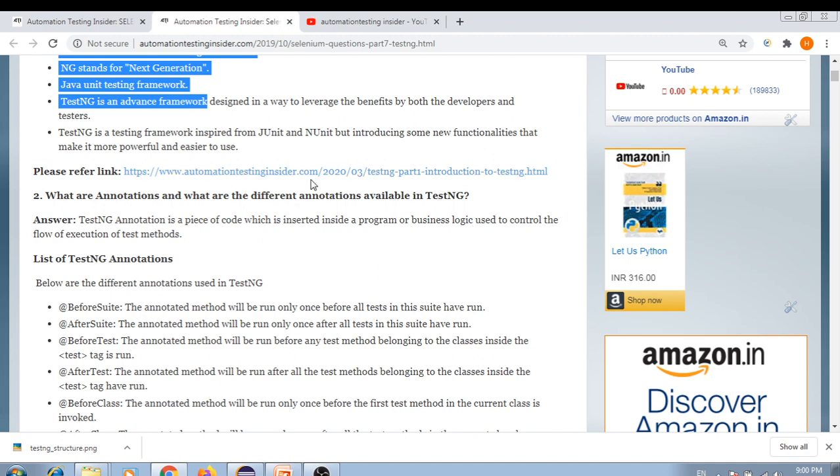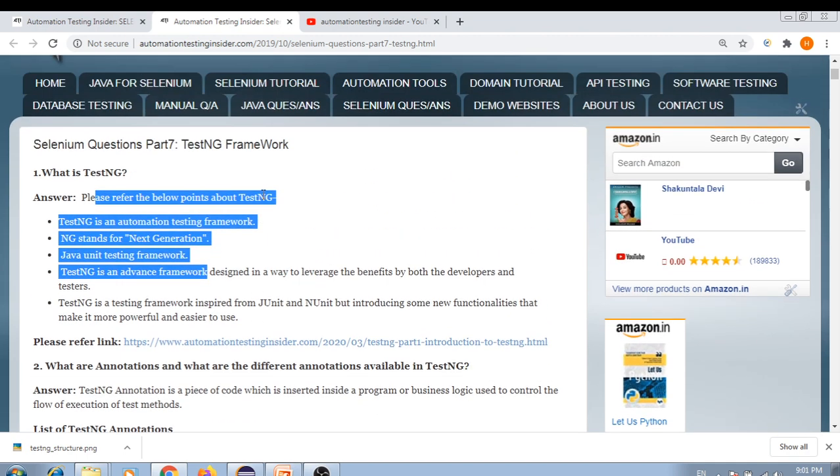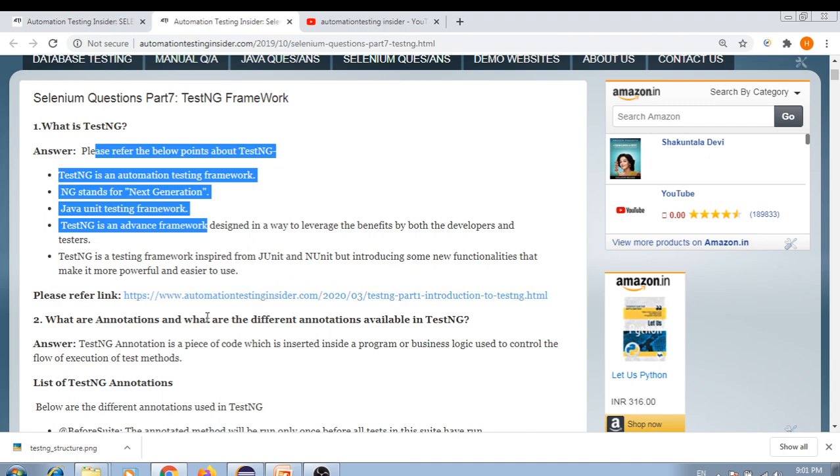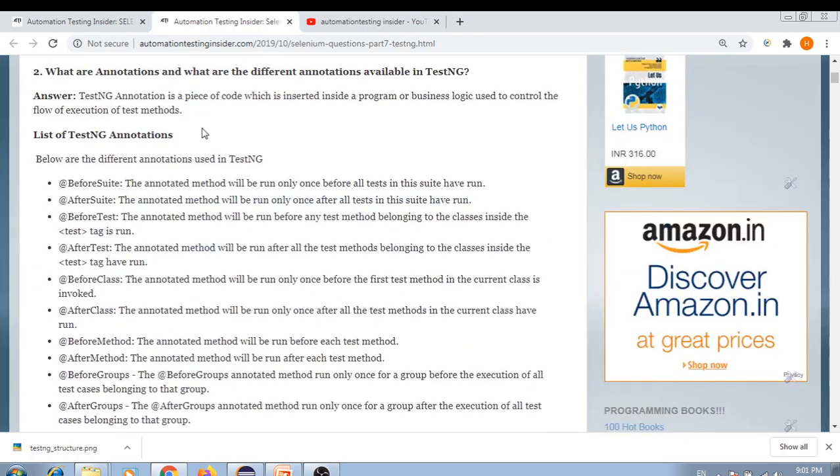And you can refer, already I have covered different posts on TestNG at the time of covering all the TestNG related topics, so you can refer this link as well, introduction to TestNG XML. Okay, what are the annotations,